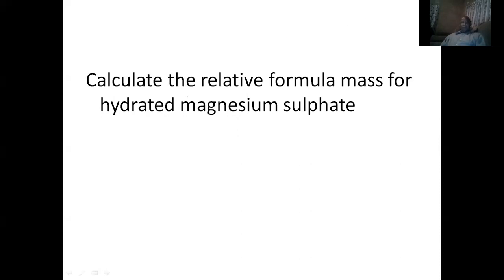So we have magnesium sulfate with the water of hydration. This is the formula, and therefore the relative molecular mass of this compound would be